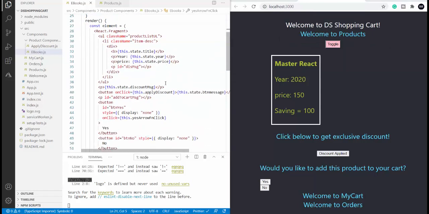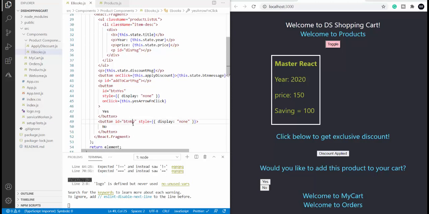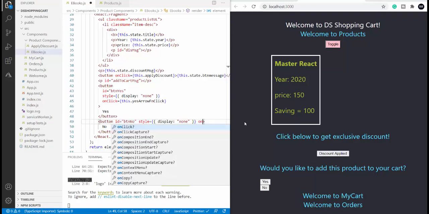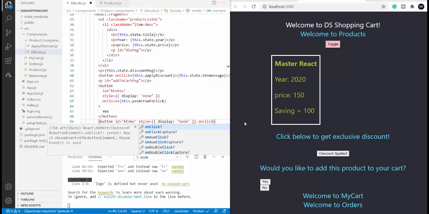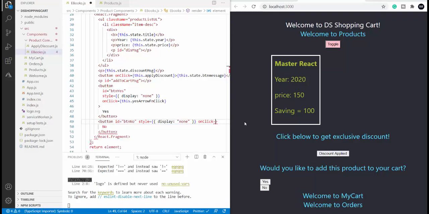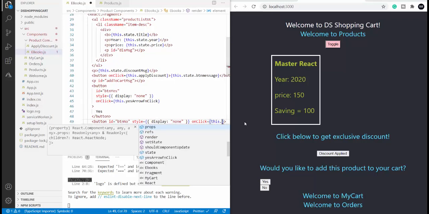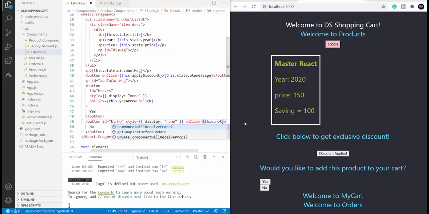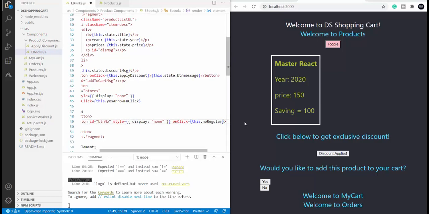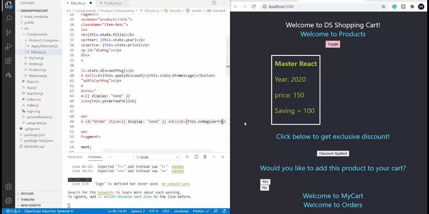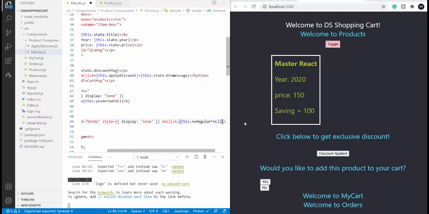Okay, now let's implement the same thing using the regular function in the no button. onClick equal to this dot no regular function click.